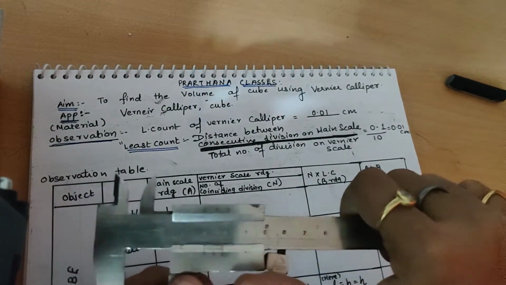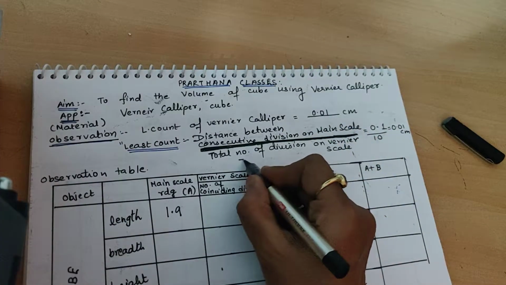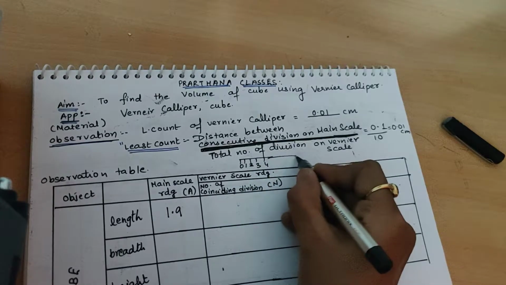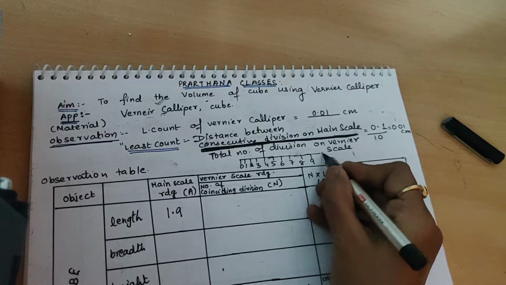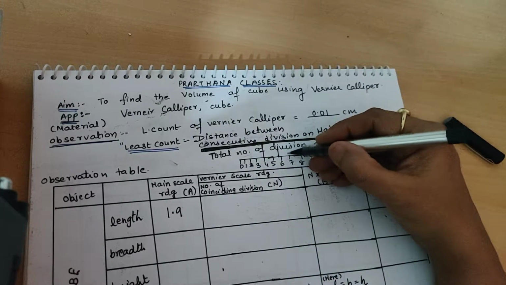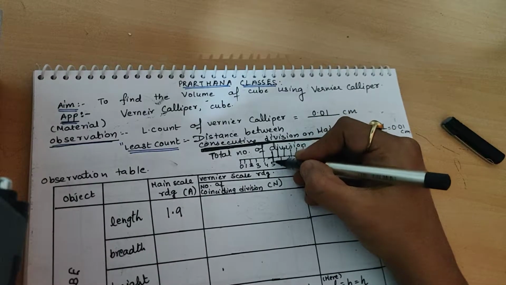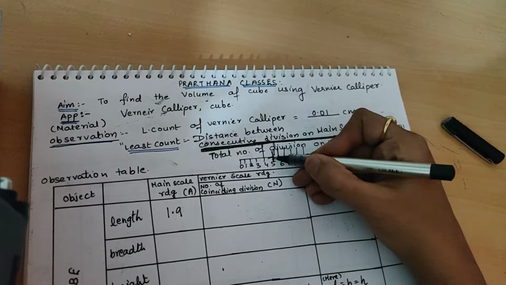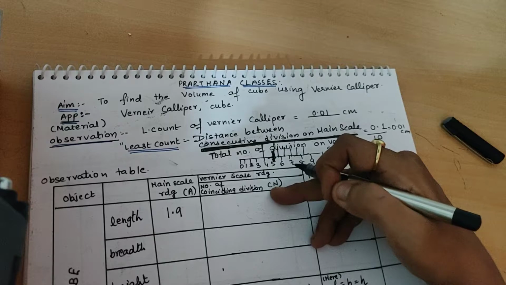And the vernier scale reading you have to find in such a way that I explained initially also. Suppose there are 10 divisions. Which division of the vernier scale exactly goes parallel with the main scale? You need to find which division goes exactly parallel. As an example, if this 5th division on the main and vernier scale exactly coincide, going parallel, what would the reading be? The coinciding division, it should be 5.